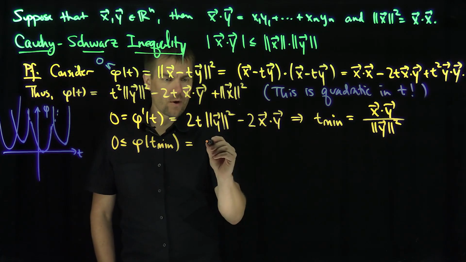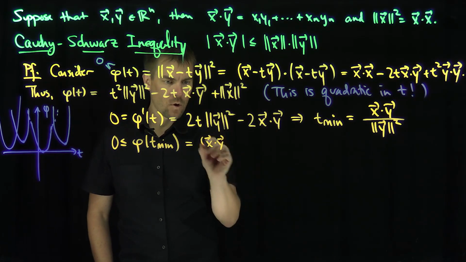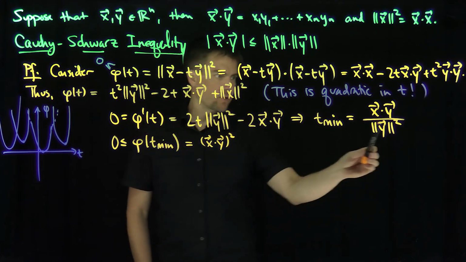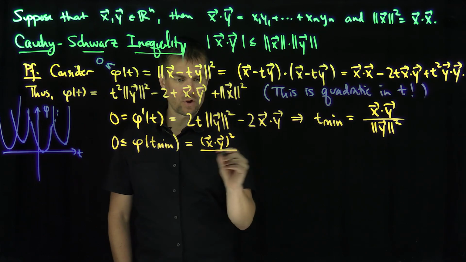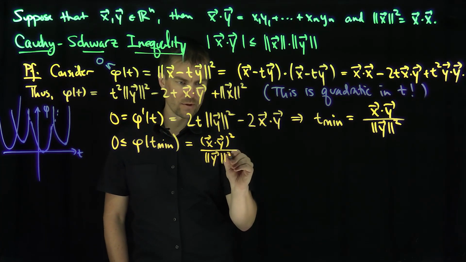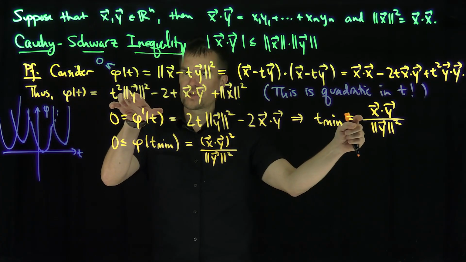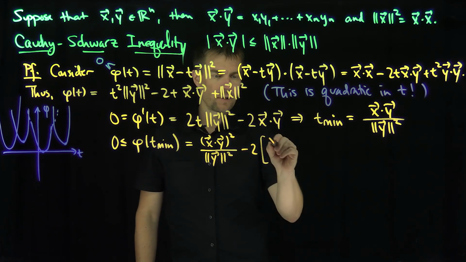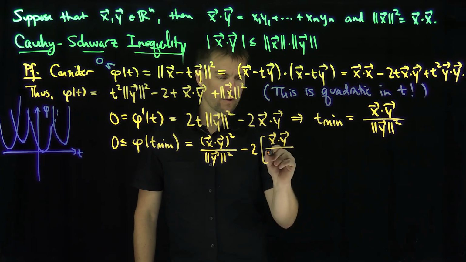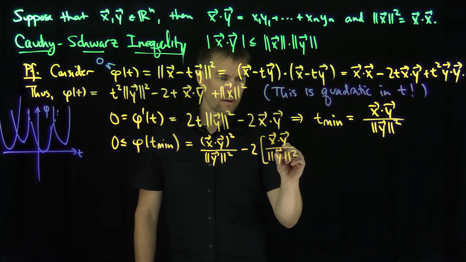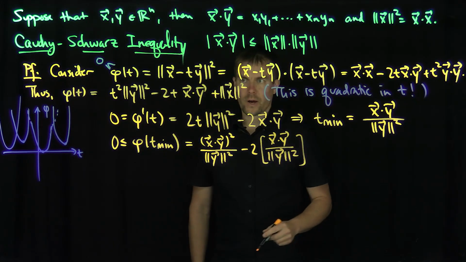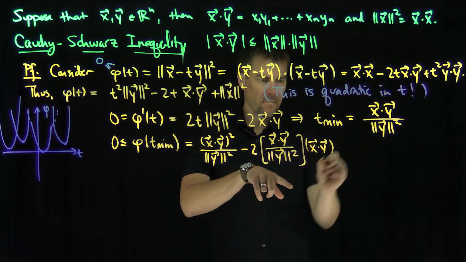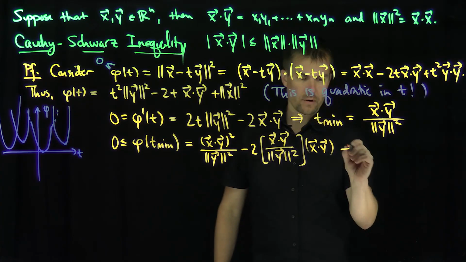So it's going to be x dot y quantity squared, and then we're going to have a what? This is going to be a t squared. So I'm going to have y to the fourth and y squared. That's going to give me a total cumulative factor of length of y squared in the denominator, because I have a y to the fourth and a y squared in the numerator. That's a y squared minus 2 times t, which is going to be an x dot y over the length of y squared. Okay, and then that's times x dot y, and then finally, the length of x